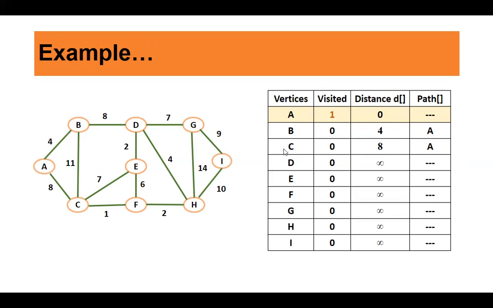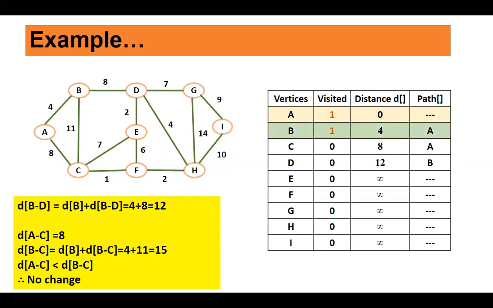Now, once we have got this, we'll check the next vertex with the minimum distance. The next vertex with the minimum distance is B, right? So we'll mark B as visited. So B is visited, so we mark it as 1. Now, from B where you can reach? From B you can reach A, from B you can reach C, from B you can reach D. From B you can reach A, but A is already visited, so this will not be considered. A is already included in the shortest path, so we'll not be able to change its distance again. So A will not be considered.